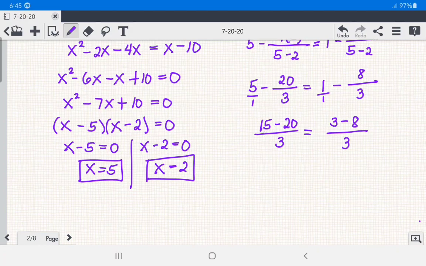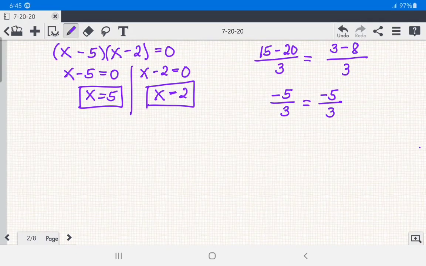So, positive 15 minus 20, we have negative 5. Okay? Then over 3. Then equals 3 minus 8, we have negative 5 over 3. Okay, so, see? They are equal. So, we have negative 5 over 3 equals negative 5 over 3. So, check. Okay? Next, how about if